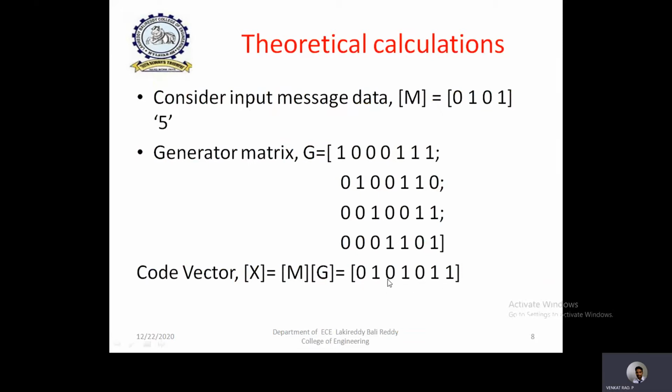Here you can clearly observe that 0101 comes here also as 0101. That means first the message bits come as they are, and then 3 extra bits are added. These 3 extra bits we call parity bits. This is how the parity bits are added in addition to the message bits in order to detect and correct errors by using linear block code. So in linear block code, simple matrix multiplication is used.